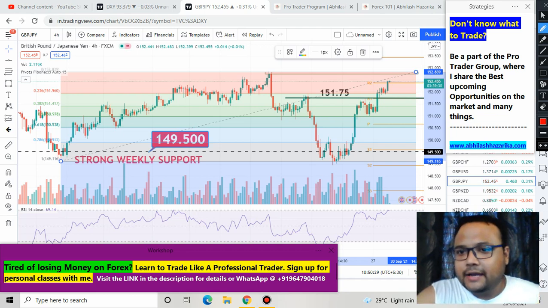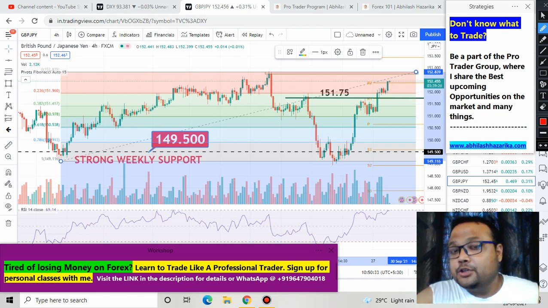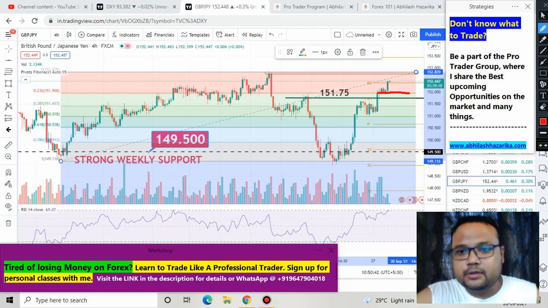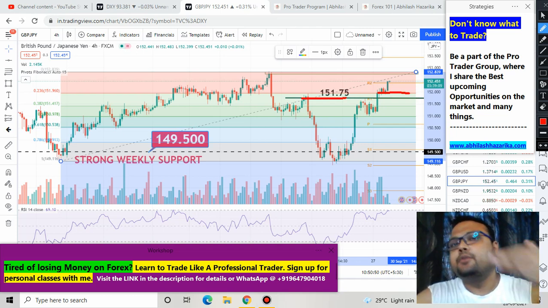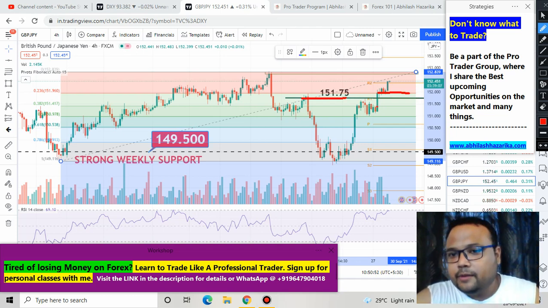On the other hand, you can also take a buy position if the market bounces from 152 level, because we have a retracement level at 152 as well, 23.6%. And if the market breaks the 151.75 level, then we have the next buying position at